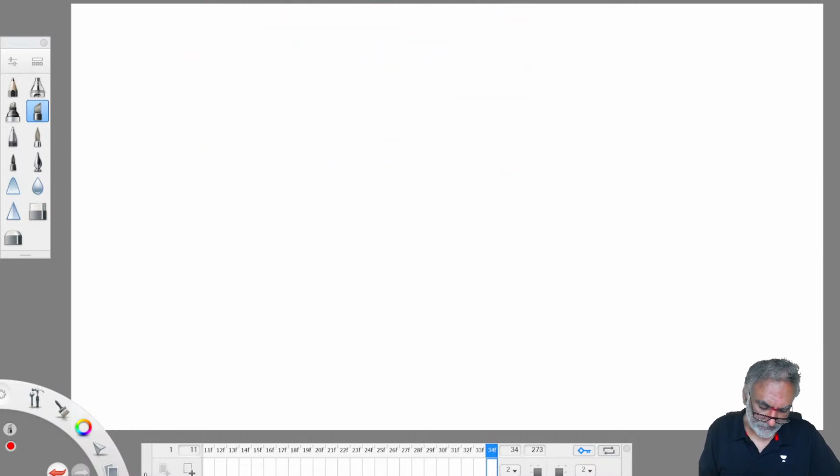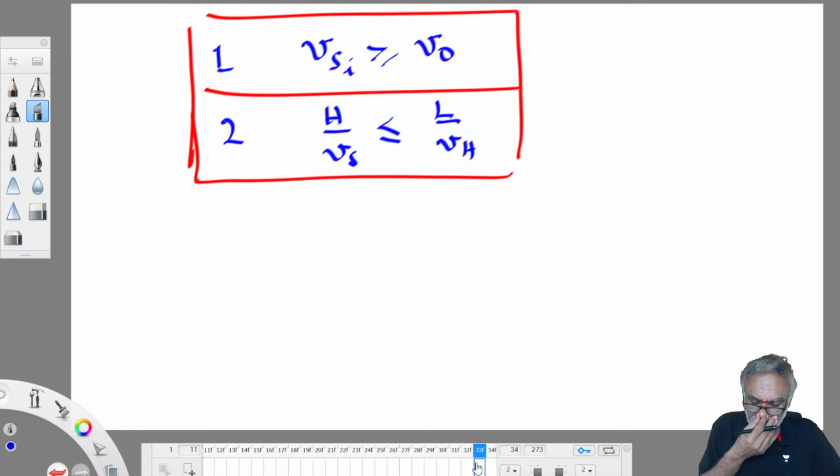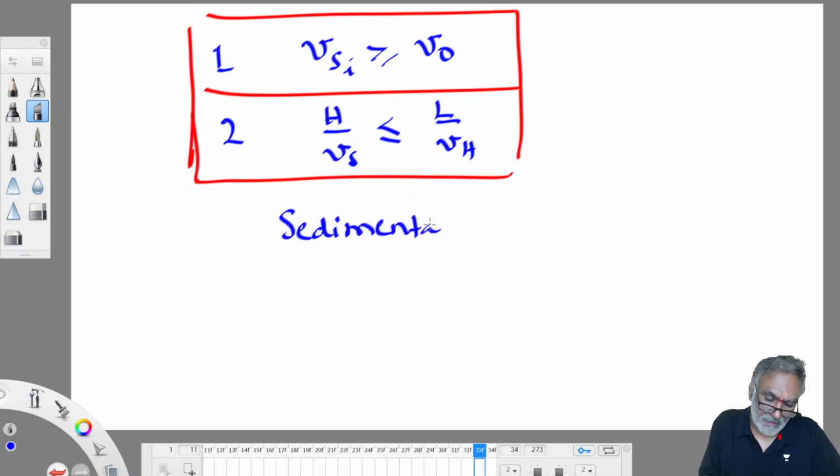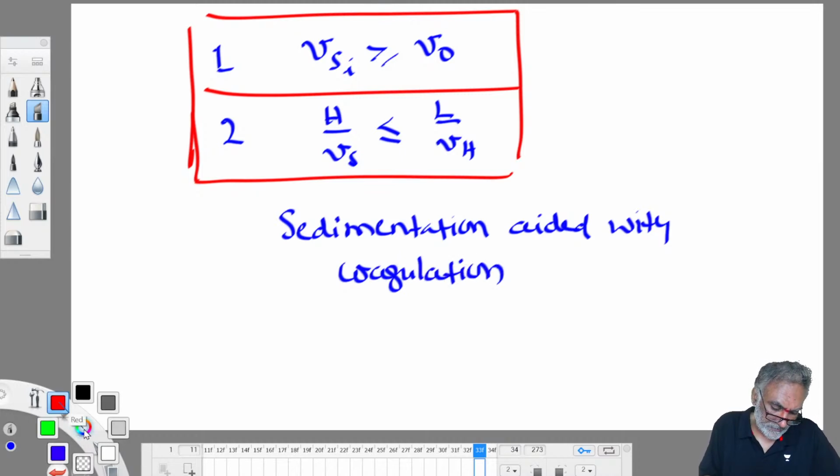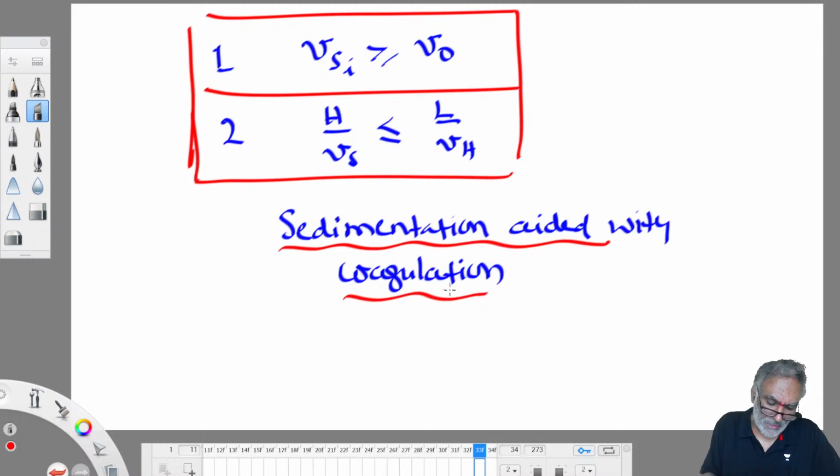Then coming to sedimentation aided with coagulation, or simply people write it as the coagulation topic. Sedimentation aided with coagulation. So in this topic, the first numerical concept is